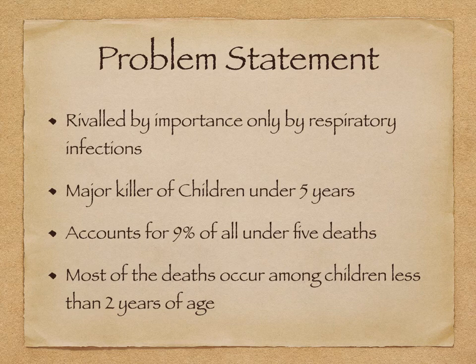Acute diarrhea is rivaled in importance only by respiratory infections as the cause of morbidity on a worldwide scale. When the World Health Organization initiated the Diarrheal Diseases Control Program in 1980, approximately 4.6 million children used to die each year of the dehydration caused by diarrhea. Diarrhea is still a major killer of children under 5, although its toll has dropped by a third over the past decade. It killed more than 1,600 children under 5 years of age every day in around 2012-13. And although it has decreased, it accounts for 9% of all under 5 deaths,